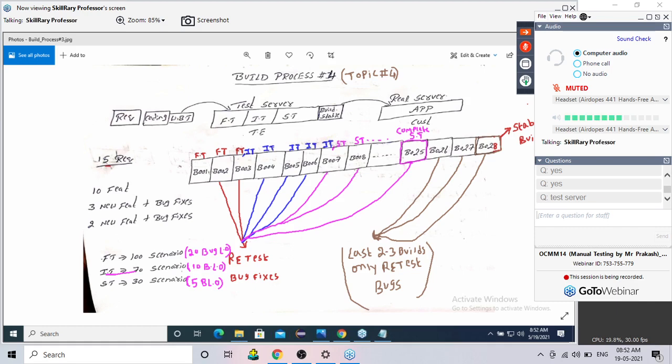WBT is white box testing only, correct. Sir, we will do it in the staging server? Remember, let it be staging, let it be normal, both are test servers only. I have repeated the topic 10 times. So we don't have to talk about staging server, normal server, all those things. Test server is a test server, that's all.